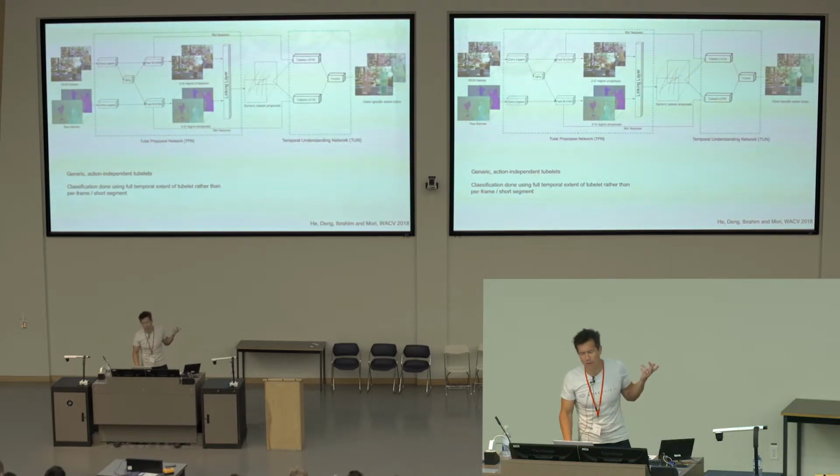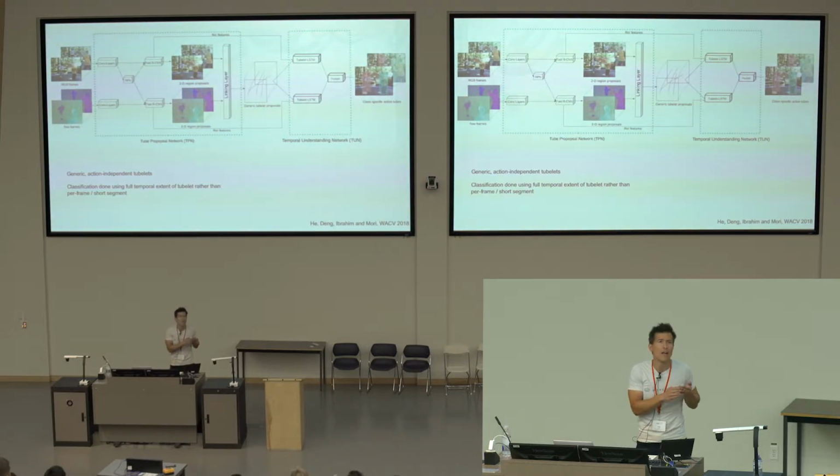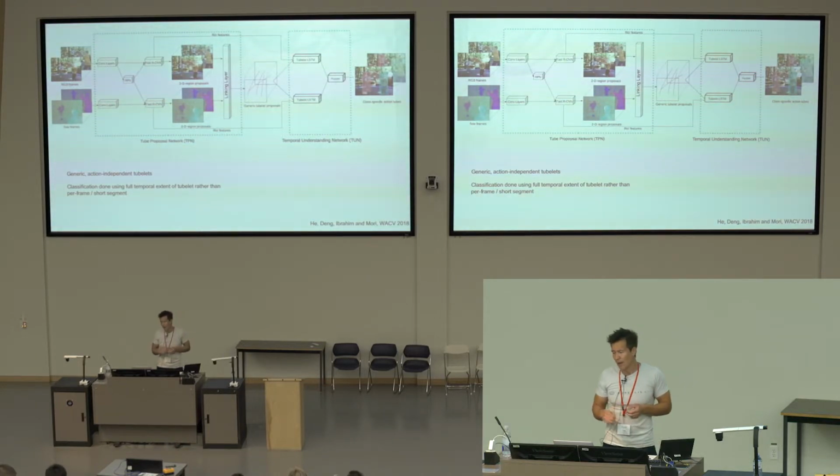Similar work in this vein, some work from Jiawei, one of my students, was on how do you build those, but do it in a class agnostic fashion. So rather than doing detection of tubelets that are specific to a particular action, doing that in a general sense, the reason being that it's quite difficult to build a classifier that can tell the difference between a walking person and a standing person, where one is a positive example for one category and a negative for the other.